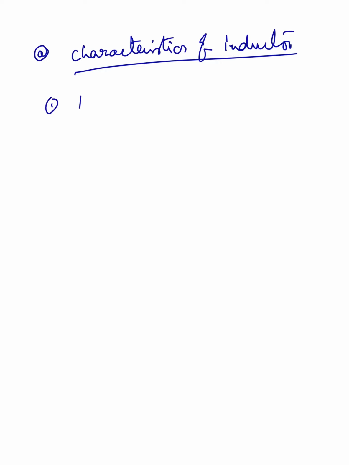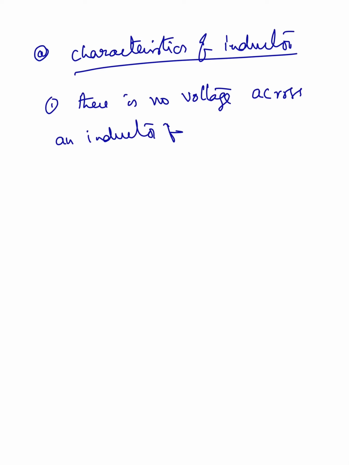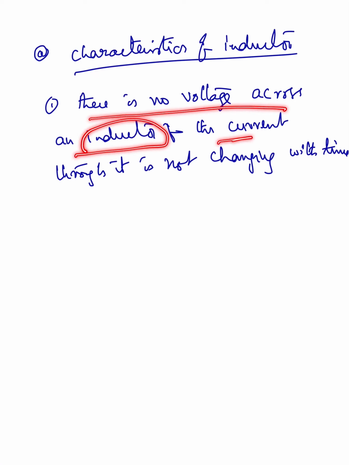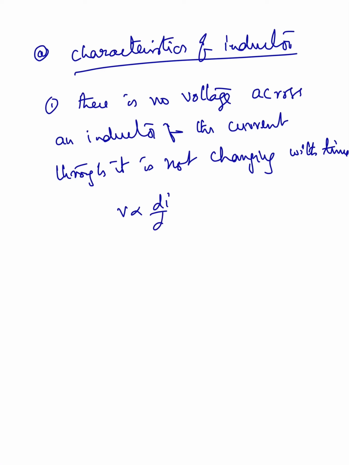See, the first characteristic is there is no voltage across an inductor if the current through it is not changing with time. Do you know this? The first characteristic is there is no voltage across an inductor if the current through it is not changing with time. But we said voltage is proportional to di by dt, that means